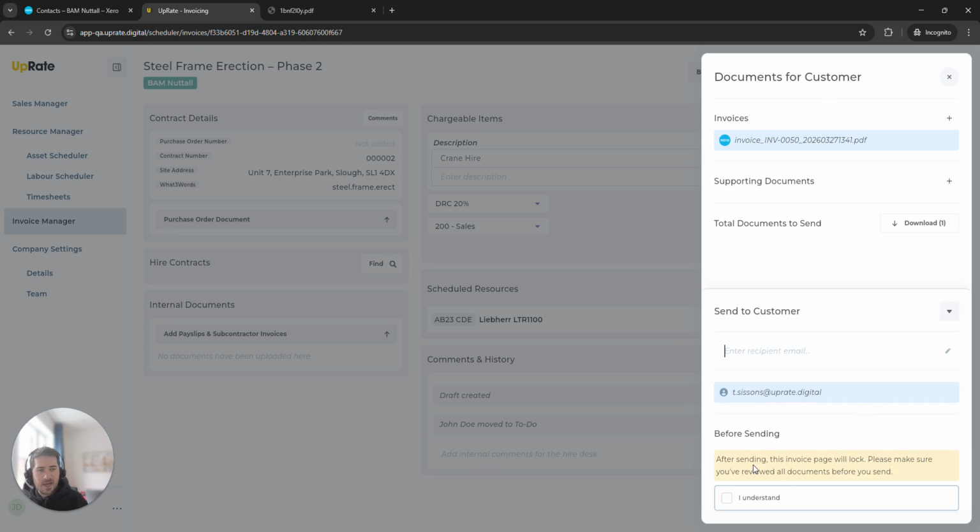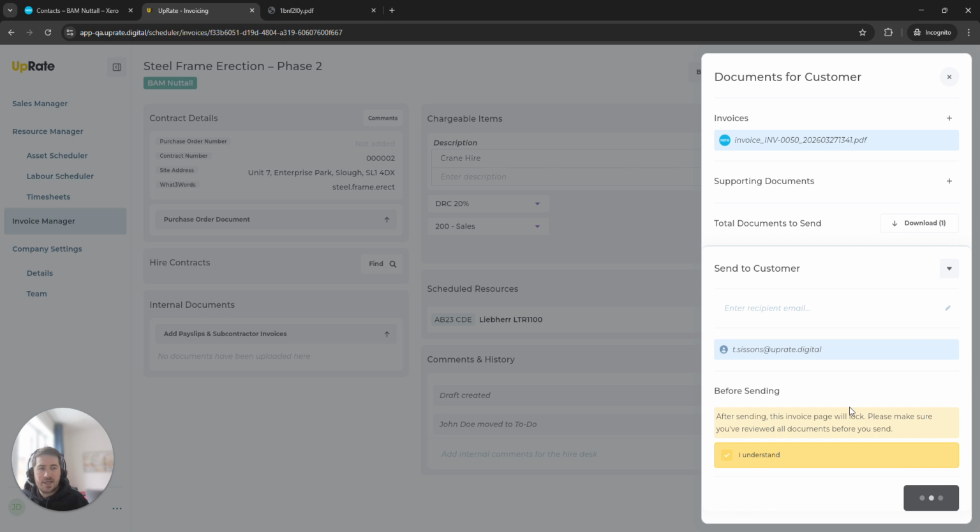And then again, I get a disclaimer because I've now inputted an address. I can add more addresses if I want, so if there's more than one contact who needs to get the email, I can do that. But in this case, it's just the one. I can go, I understand, send, and then what that's going to do is it's going to package up the